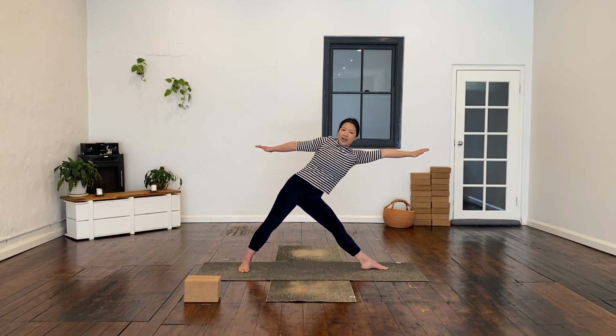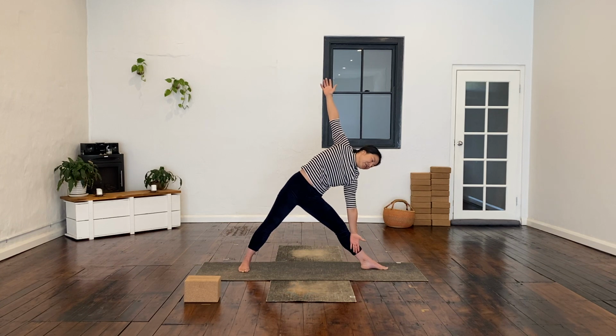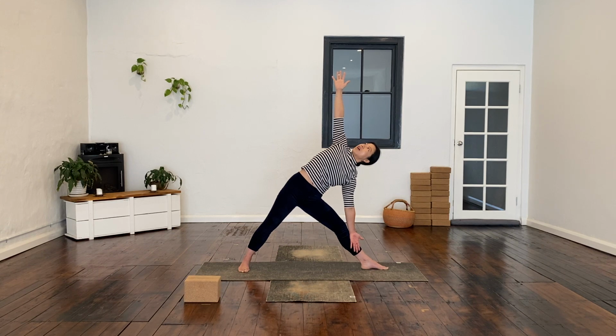So shift forward, reaching the arms or the arm towards the sky, grabbing onto the shin, or even just pressing against the shin. Feel, lean back, gaze towards the right thumb. Feel your shoulder blades starting to magnetize towards one another, opening up through the front of the body. So pressing out into the outer right foot, lifting the inner and the outer arches, finding a little bit more